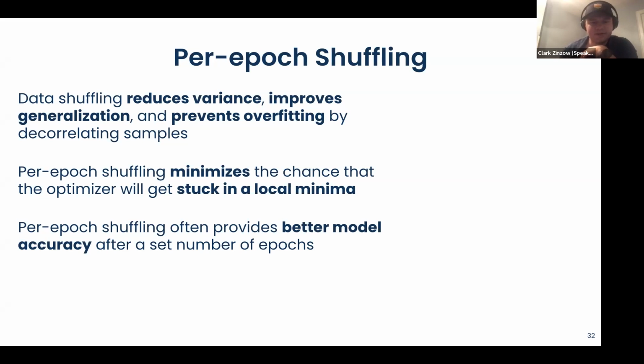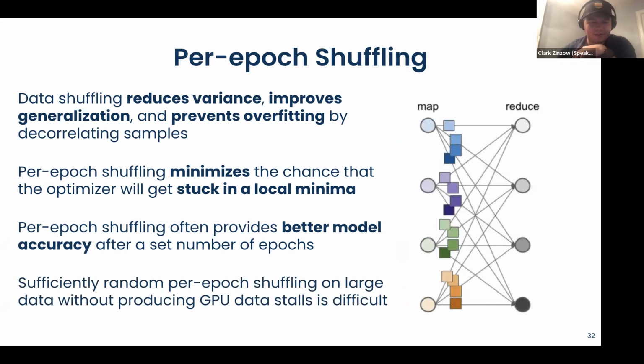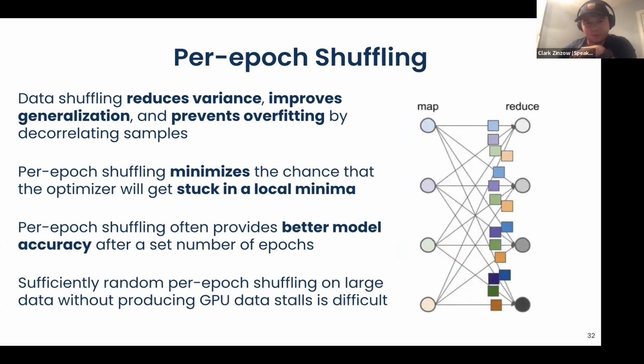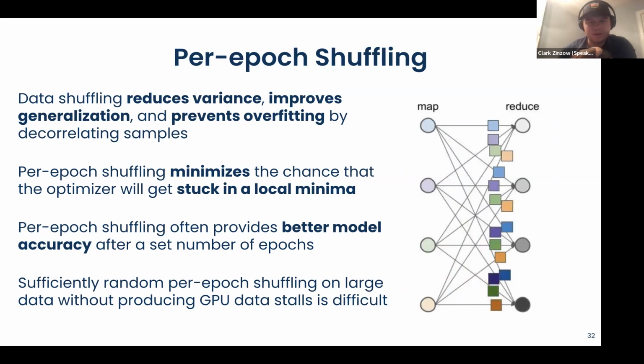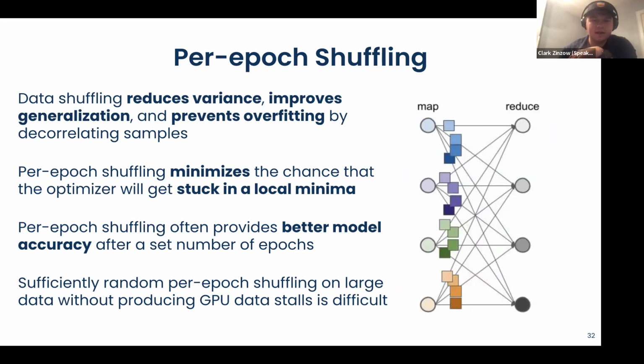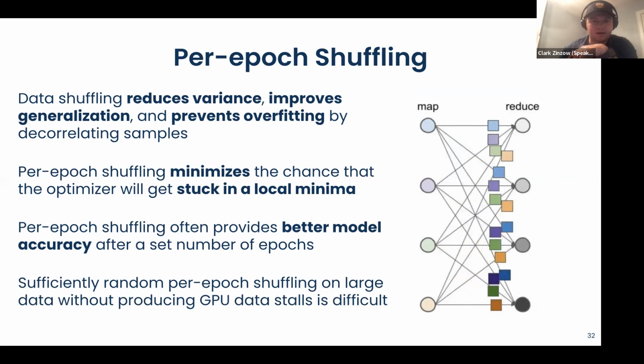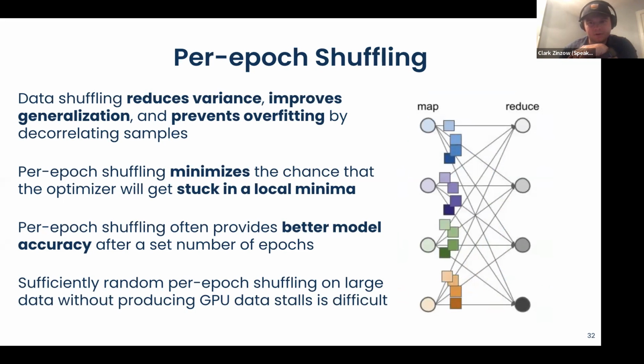You can expect to have basically more precision gain per training step and per epoch if you shuffle at the end of every epoch. There are certain data modalities that are more sensitive to this. We found tabular data for certain tabular models are particularly sensitive to this, and some are also less sensitive. The unfortunate thing is when you try to do a fully global shuffle on every epoch, this can really slow down your ingest, because a fully global shuffle, when data doesn't fit into a single machine, is unfortunately a very compute and network intensive all-to-all operation.